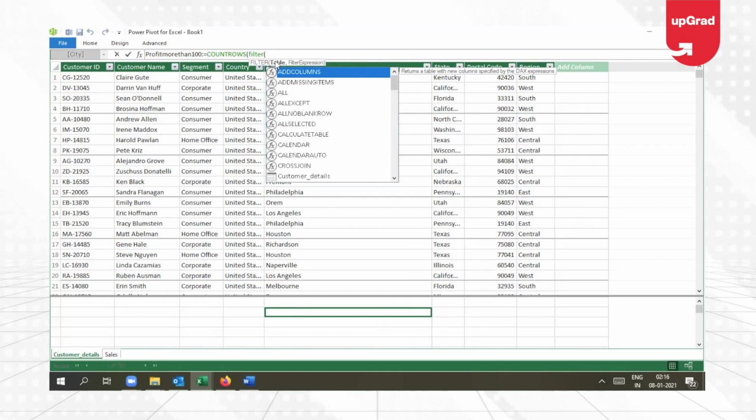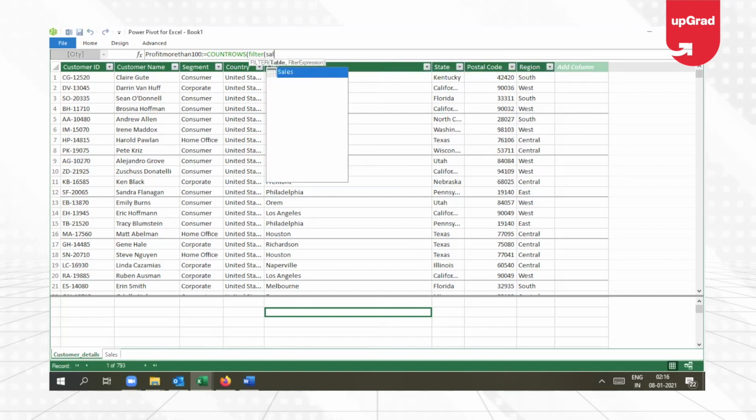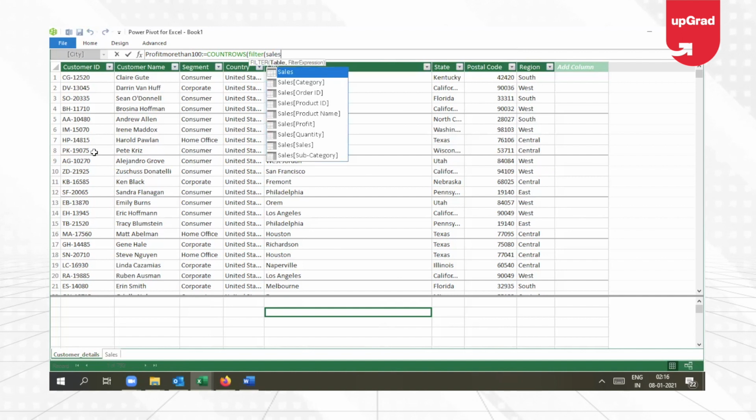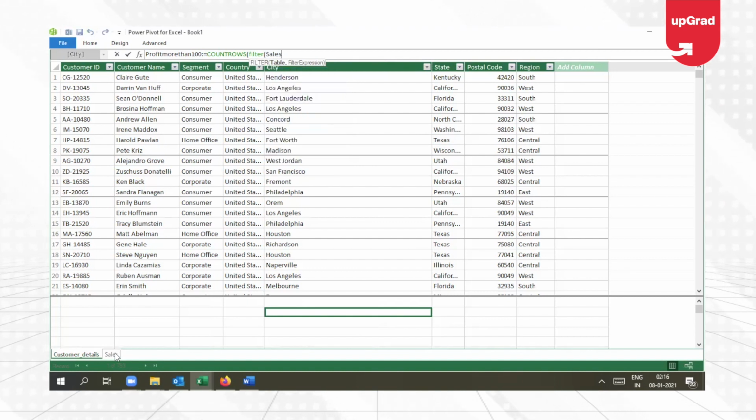So this time my table is going to change, or not change really, but I am in a different table and I am performing it with the table which is next to it. I'm not sitting in the same table. I'm picking it from a separate table. But why am I able to see those? Because I have created a relationship between the two. Sales and then a comma.